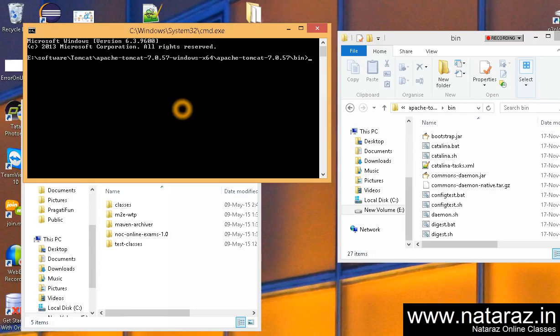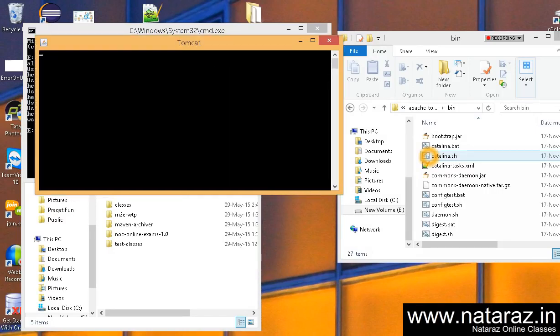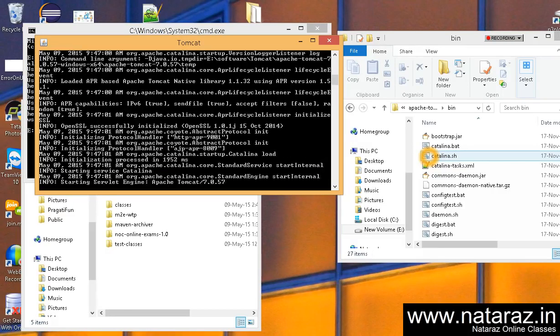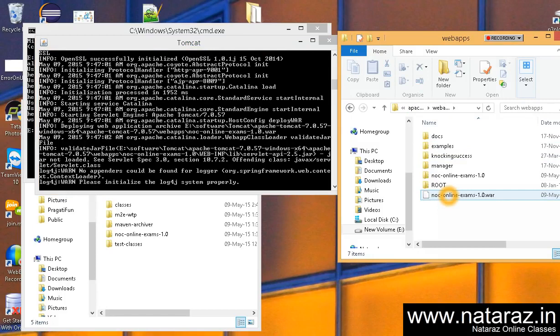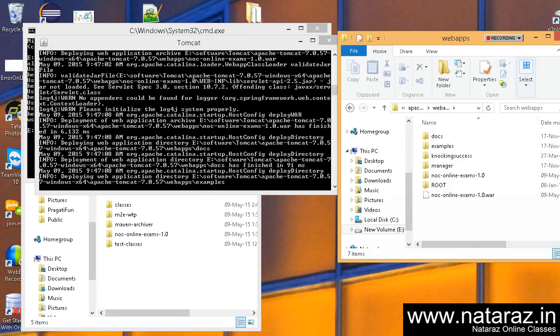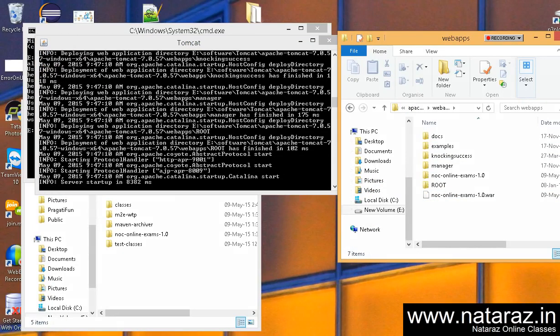So next what we do here, catalina.bat, this is a bat file, start it. When you start, this is how the Tomcat server starts, and it's trying to read and initialize a lot of things. It's coming up. Just one thing to observe here, just see what is written here, info,